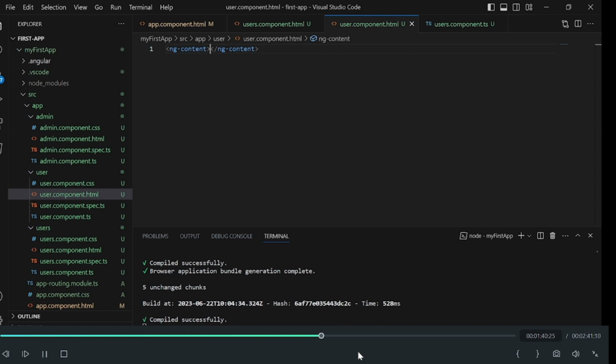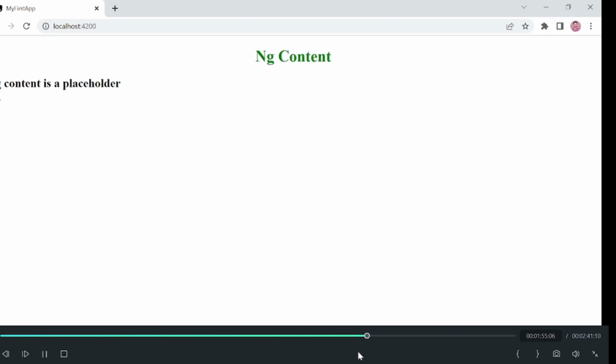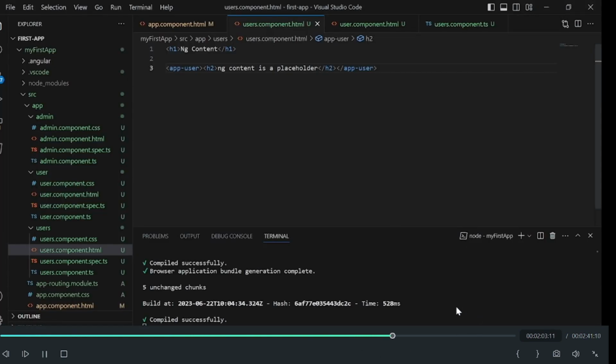So I have added only ng content tag in the child component. In the parent component, I added app user with the content. So it will reflect into that main HTML template. Yes, ng content is a placeholder. So ng content, if I remove this ng content here,